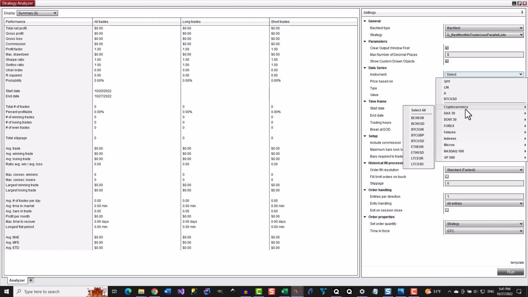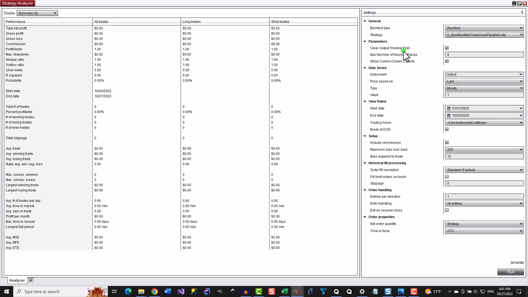You can also create custom instrument lists of only the instruments you trade, and the instrument list will show up here, allowing you to generate this report for only the instruments you trade. Above the instrument field are the strategy's input parameters, which come from the Quagentia Strategies Input Parameters section.